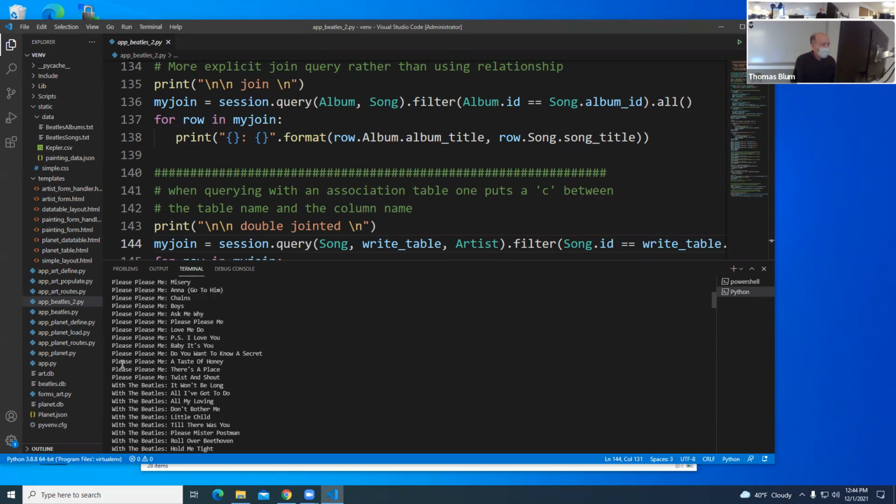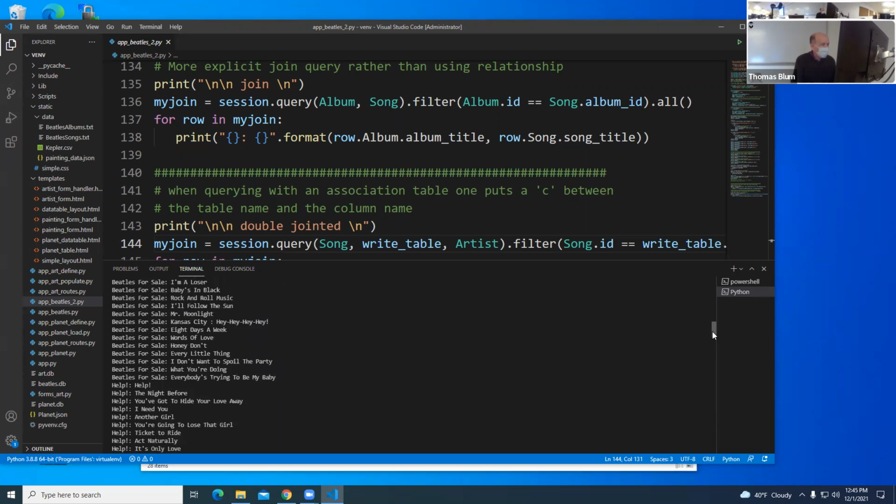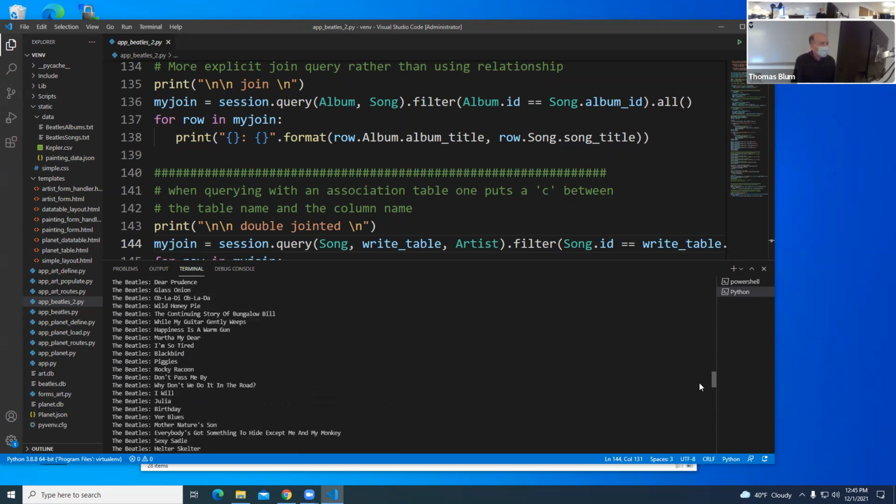And so the name of the album was coming from the album table, the name of the song from the song table, and there was a relationship. And instead of working with the relationship in code, I was doing more the sort of making it happen in SQL. So again, an explicit join in the database query.